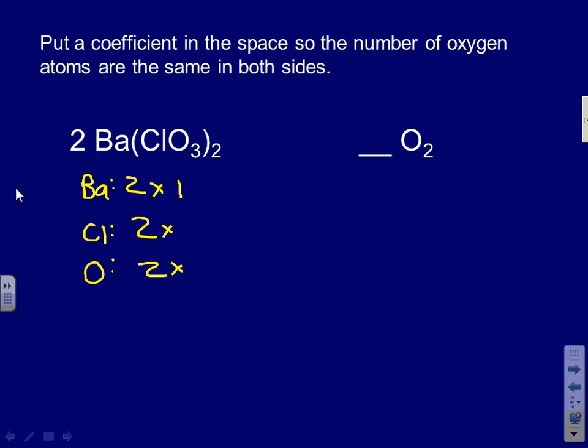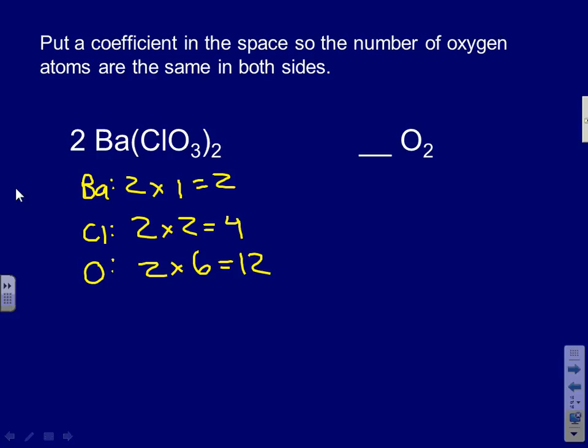1, right? 1 barium. How many chlorines in there? 2. 2 times 1, right? Remember, there's a 1 in there. 2 times 1. So 2. How many oxygen atoms in that thing? 6? 6. I heard lots of 6s being whispered. So 2, 4, and 12. Okay. So the question is, what number do I need here in order to have the same